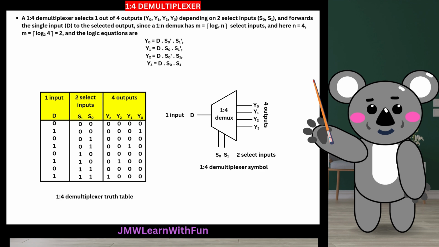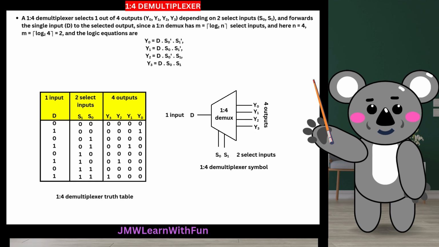A 1 is to 4 demultiplexer selects 1 out of 4 outputs, Y0, Y1, Y2, Y3, depending on 2 select inputs, S0, S1, and forwards the single input, D, to the selected output. Since a 1 is to n demux has m equal to ceil of log n to the base 2 select inputs, and here n equal to 4, m equal to ceil of log 4 to the base 2, equal